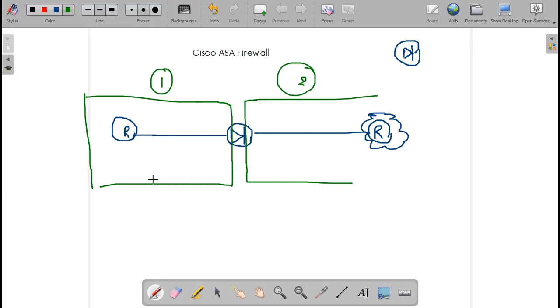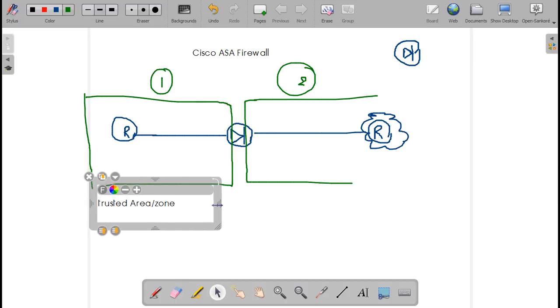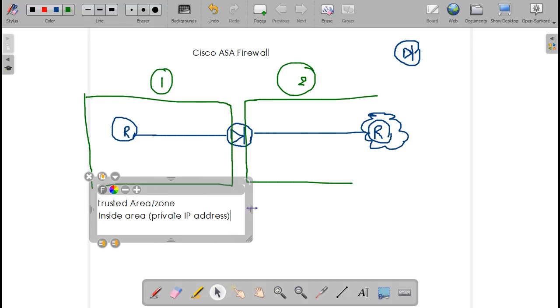This area will be your trusted area, or you can say trusted zone. Or else you can call it inside area. And usually you will use private IP addresses in this area because this is your company or your organization internal network.